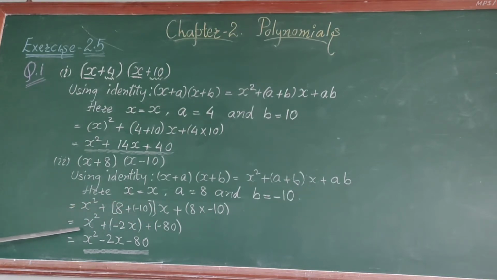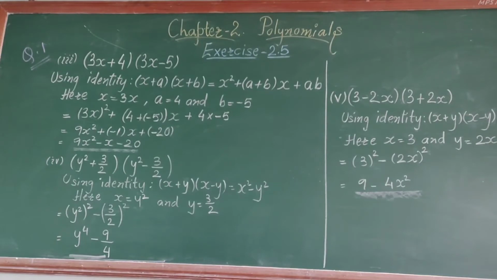That is equal to x² plus (−10 + 8). The minus integer is bigger, so we write the minus sign, and as one is positive and one negative, we have to subtract, that is 10 minus 8 is 2. So we get minus 2x. Plus, again multiplication of one positive integer and one negative integer gives negative, so we write plus minus 18. On solving, we get x² plus minus will give minus 2x, again plus minus will give minus 18. So the product is x² − 2x − 18.